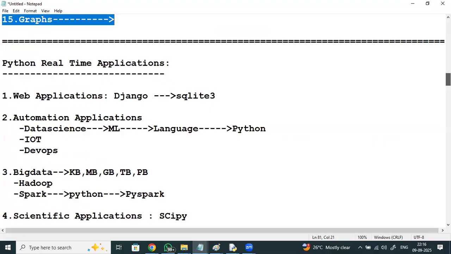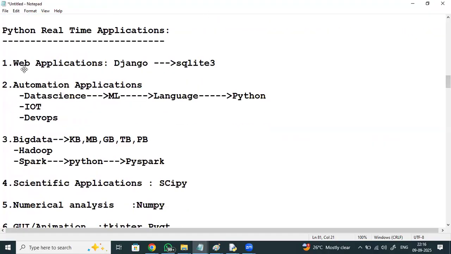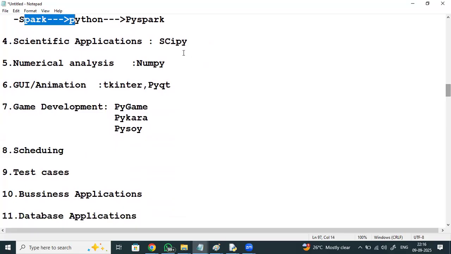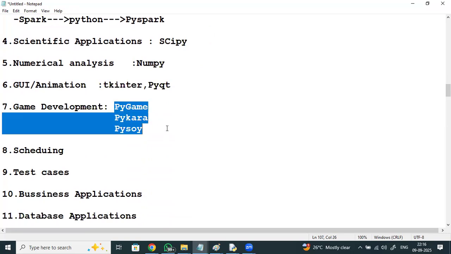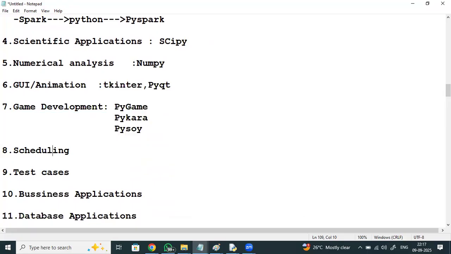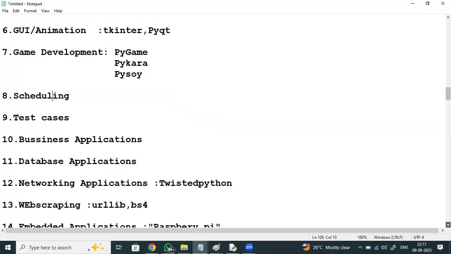Okay. Python real-time applications. Python is mostly used in developing web applications, automation applications, and in machine learning, deep learning, AI. The most preferred language is Python, even in big data, like Spark with Python implementation. For scientific applications, SciPy. For numerical analysis, NumPy. Python provides frameworks for graphical user interfaces, for animations, for game development; separate frameworks are provided for game development. For scheduling tasks, Python provides Airflow. For testing, test cases, for business applications,